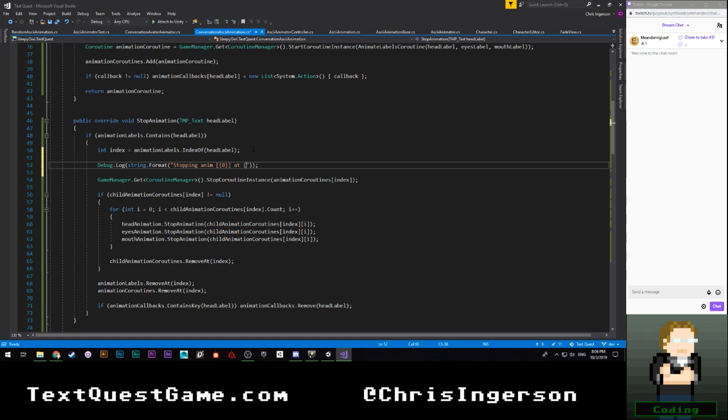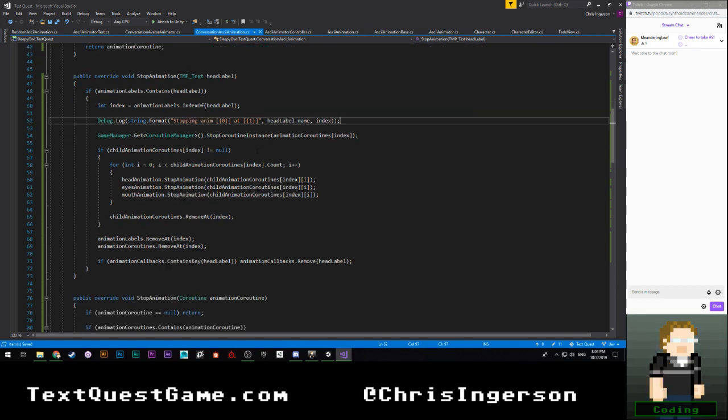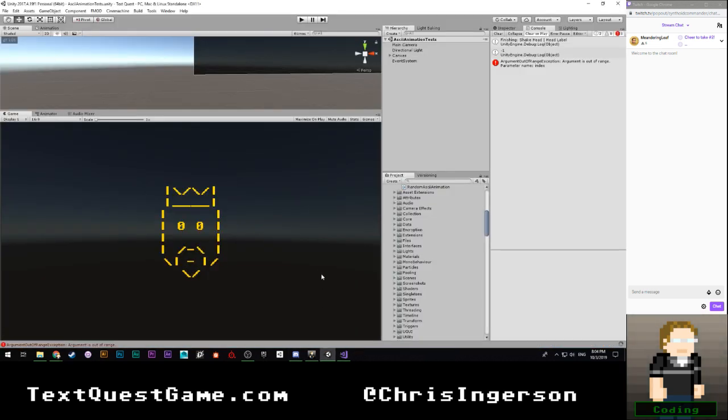This is going to be head label dot name followed by index. That seems about right. All right, let's try that. I guess that extra debug will also let me know if that's firing before my coroutine finishes, because in that case it would kind of make sense.